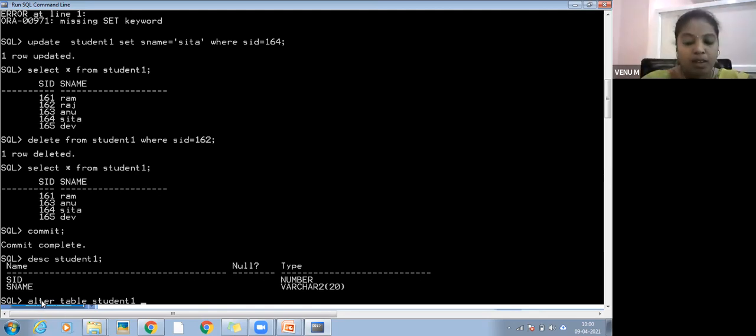Alter table, not modify but rename, because I want to change a column name, right? Rename column. What is the column name? SID to student ID.